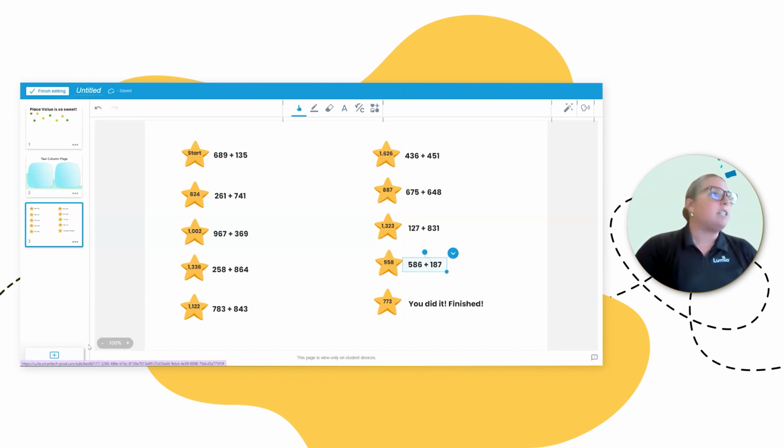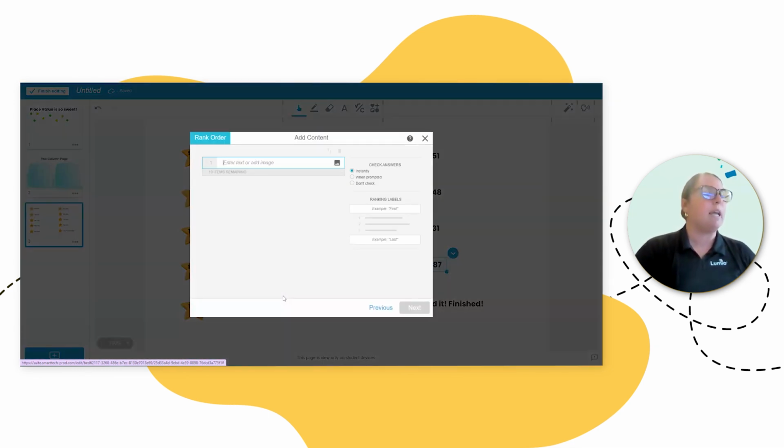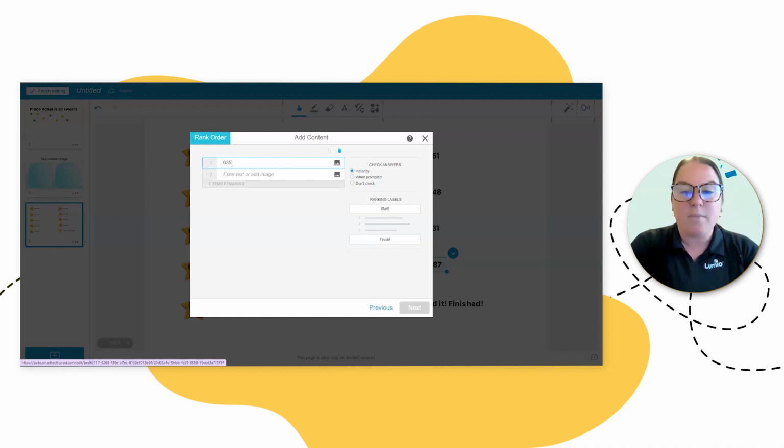But if I go back to my rank order, I said that you're going to start here with my label and then you're going to finish here. Okay. We've got 10 more minutes max here. And then I did my images. Instead of writing out like 635 plus 120, I just thought that would look weird. So that's why I did the screenshot thing.